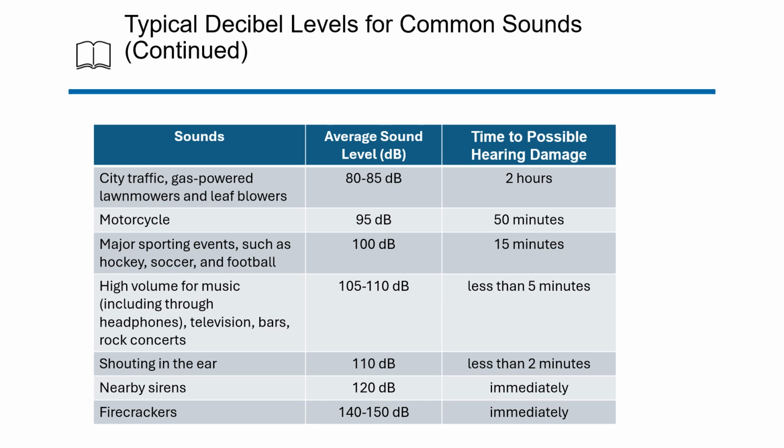And I'll just stop here with the high volume of music. A lot of people listen to music through the earbuds, those headphones. And the average sound would be around 105, 110 dB. Now, this is probably the max on one of those headphones. These are probably very good headphones that are 105, 110 dB.